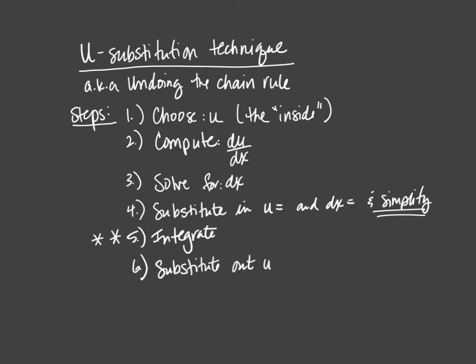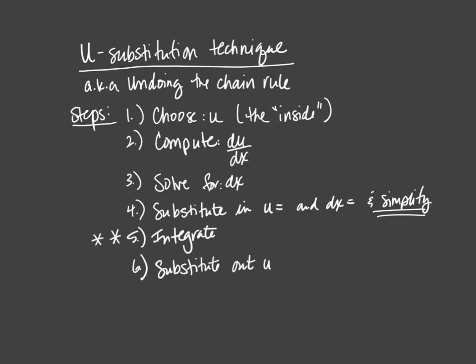In this video, we're going to talk about the U substitution technique for integration. This is also known as undoing the chain rule for derivatives. So we have to have a strategy for undoing the chain rule, right? We've figured out how to undo the sum and difference rule, the power rule, the basic exponential rule, but how do we undo some of the more complicated derivatives that require the use of the chain rule? So here are our 6 basic steps.